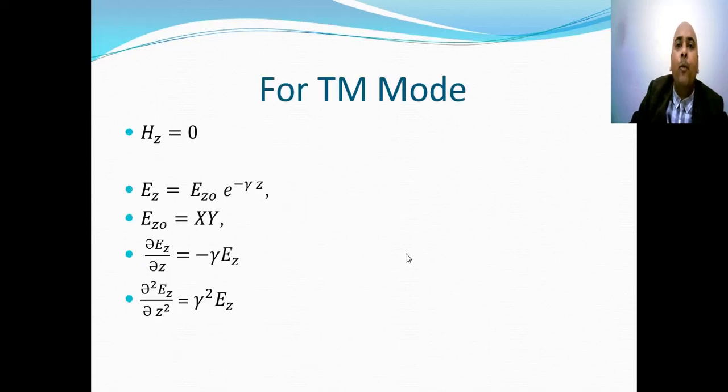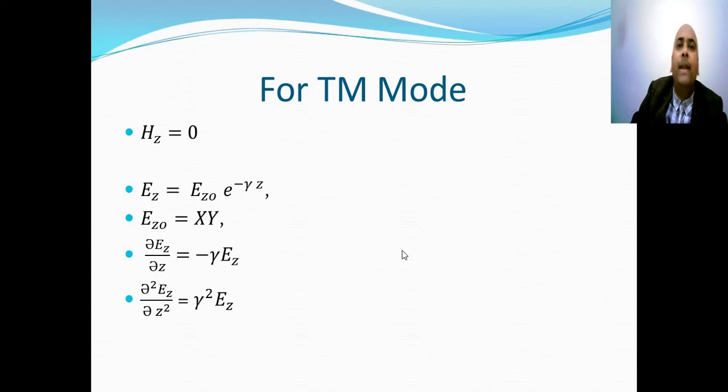Now when a wave propagates into a waveguide, it is no longer a transverse electromagnetic wave. It is either a TE wave or a TM mode. So in case of TM mode, transverse magnetic mode, the magnetic field component is always perpendicular to the direction of propagation of the wave. So for a TM wave, if we say that the wave is propagating in z direction,